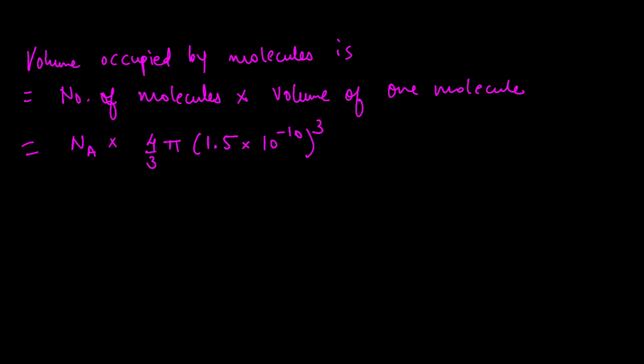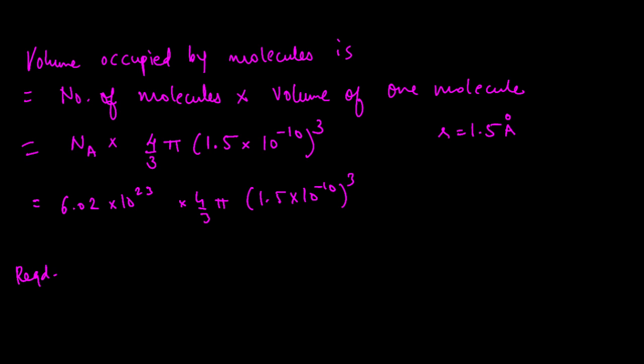Okay, this step clear? Diameter is 3 angstrom, so radius is 1.5 angstrom. So the volume of a sphere is 4 by 3 pi r cube. So we just multiply this by 6.02 into 10 raised to 23. Whatever we are getting here, leave it like that. So this is the numerator. Our final answer, the required fraction or ratio, is equal to this whole thing, the numerator,